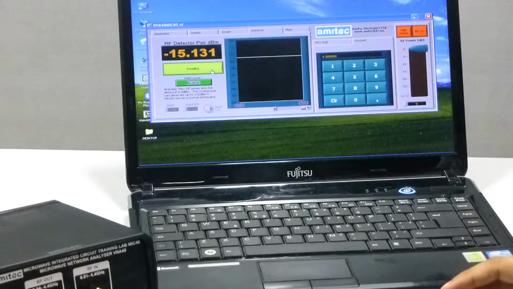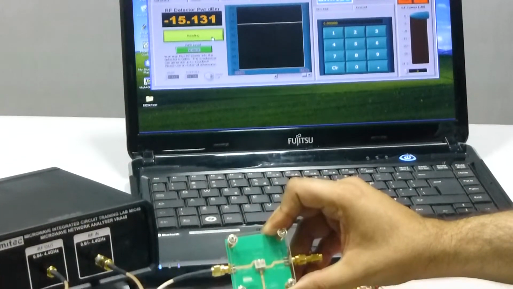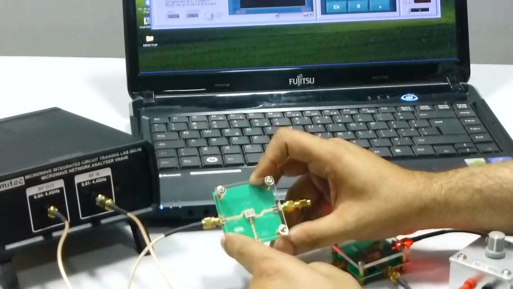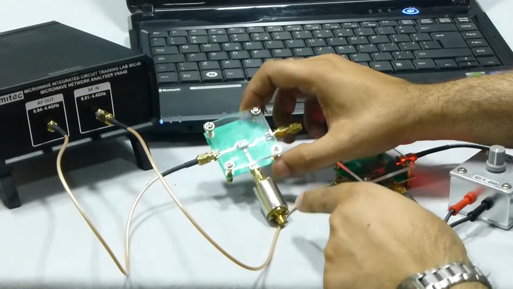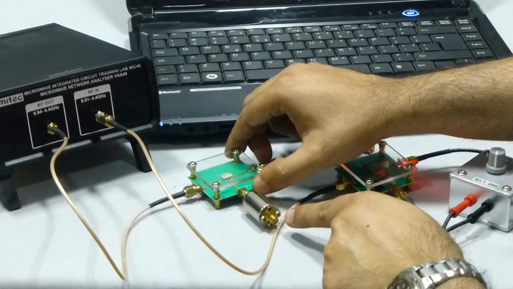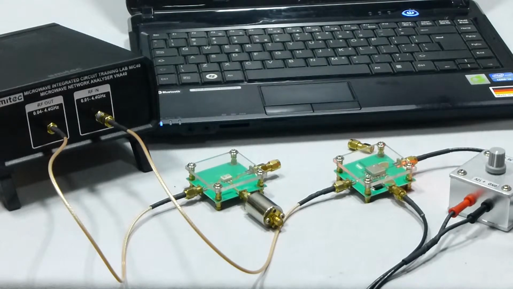Now we'll try to use this VCO as a RF source to test the mixer provided with us. Here in this case, this is the double balanced mixer. It has a LO port, it has a RF port, it has a IF port. At the IF port, we have applied a low pass filter which has a bandwidth of about 20 megahertz. Now this will allow the same instrument to be used as a spectrum analyzer.